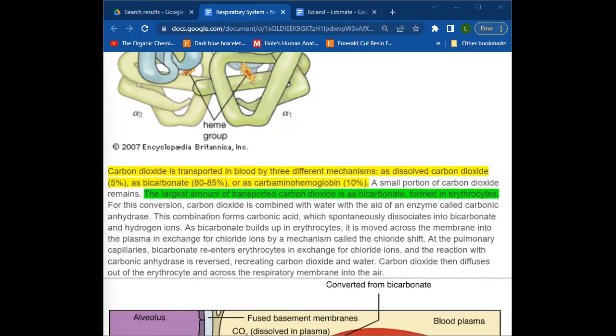That's it. But not much of the carbon dioxide is transported that way. We need to know that most carbon dioxide is transported as bicarbonate. Okay, well, I'll just